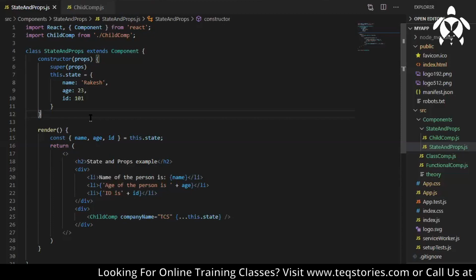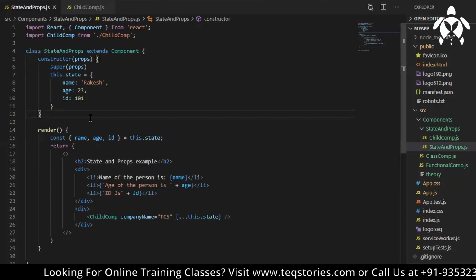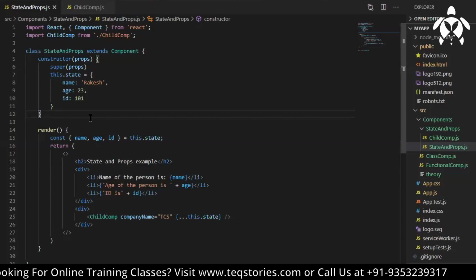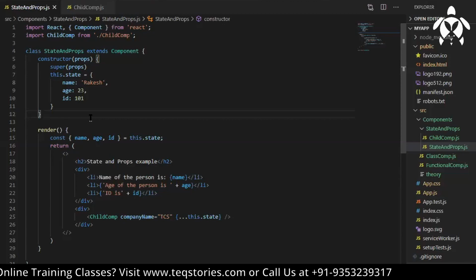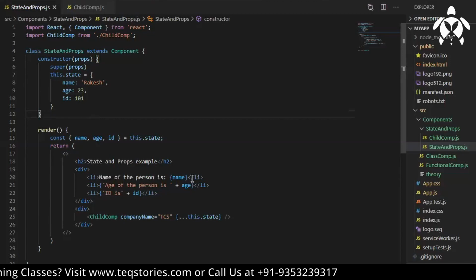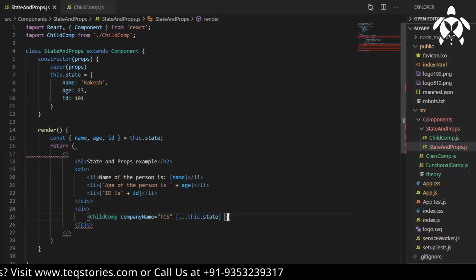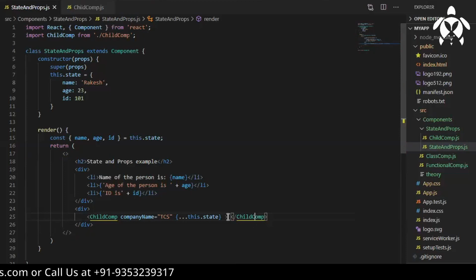Now let's say I want to send some children to the component. Let's say I have a closing tag as well here. If you do not have a closing tag, it will immediately give you an error. So what is this child component? I'm sharing the company name.